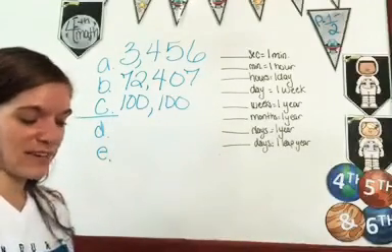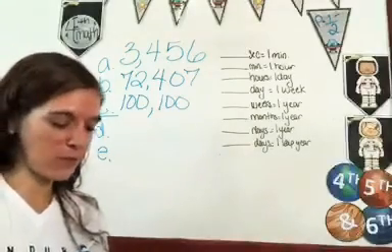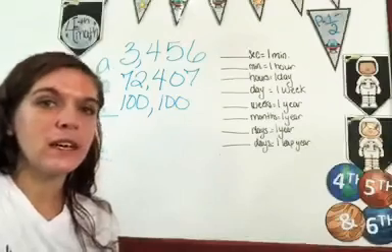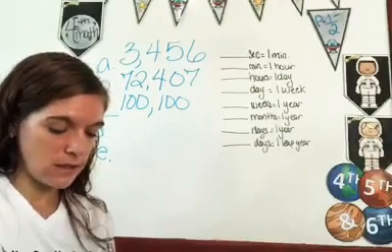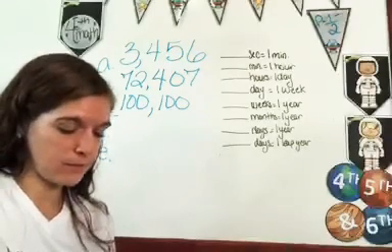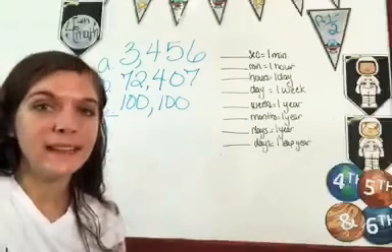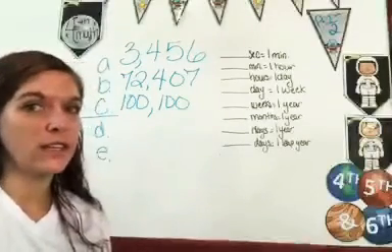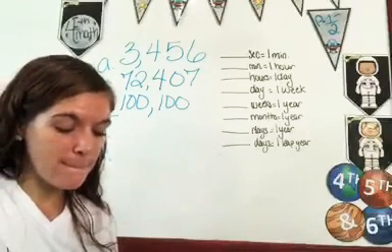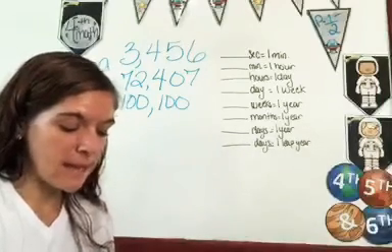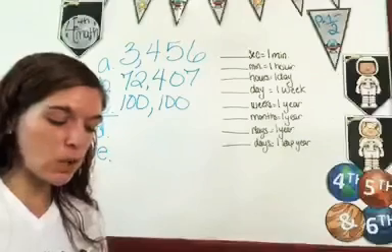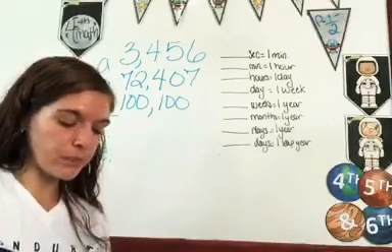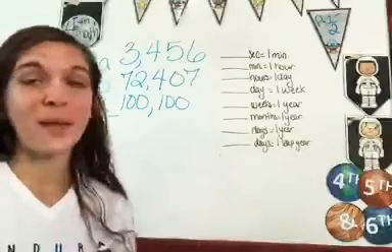Here we go, letter D and letter E. Let's see if you can do this by yourself. 25 millones, 411,635. 25,411,635. 25 millones, 411,635. And letter E. Here come a lot of zeros.